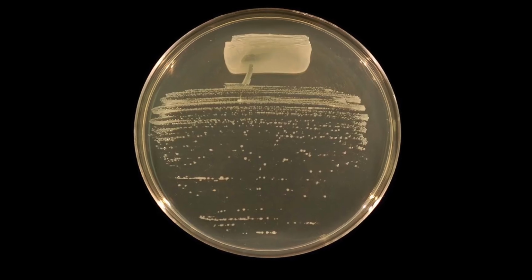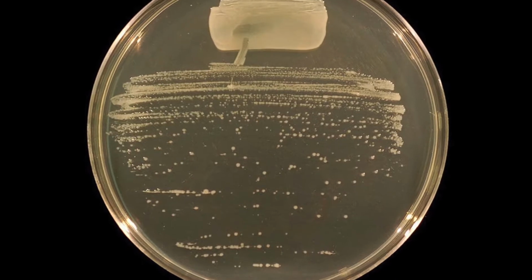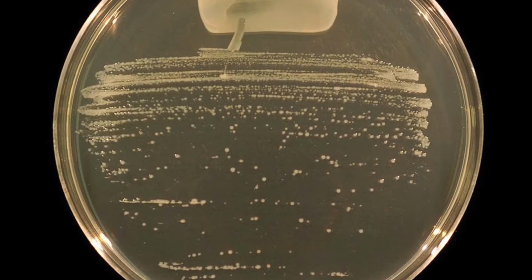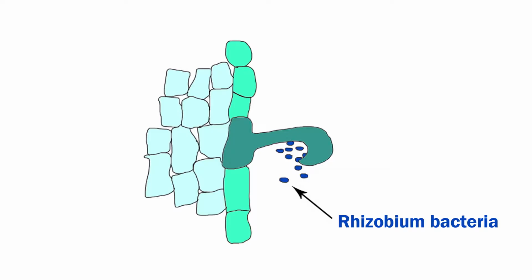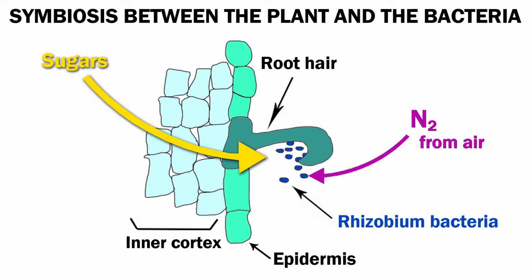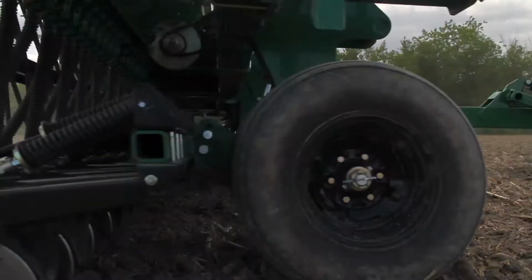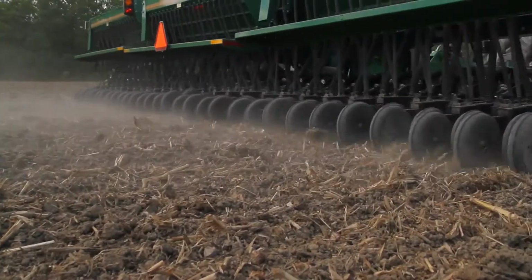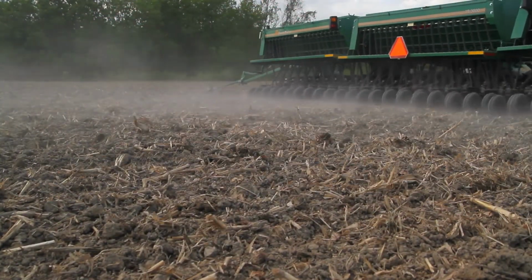Today I will talk about nodulation in soybeans. The nodulation in soybean comes from a bacterium called Rhizobium japonicum that can fix nitrogen from the air. The bacteria provide nitrogen to the soybean plant, and in return the soybean plant feeds sugar to the bacteria. This is called symbiosis. For those nitrogen-fixing bacteria to colonize soybean roots properly, the soybean seed must be in direct